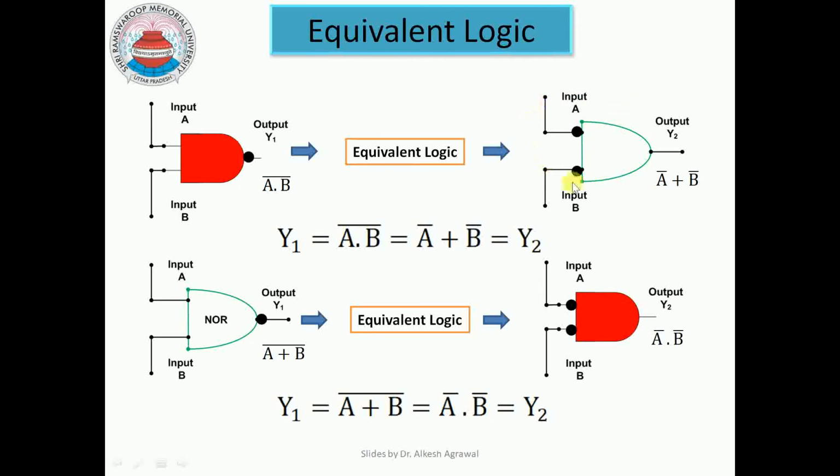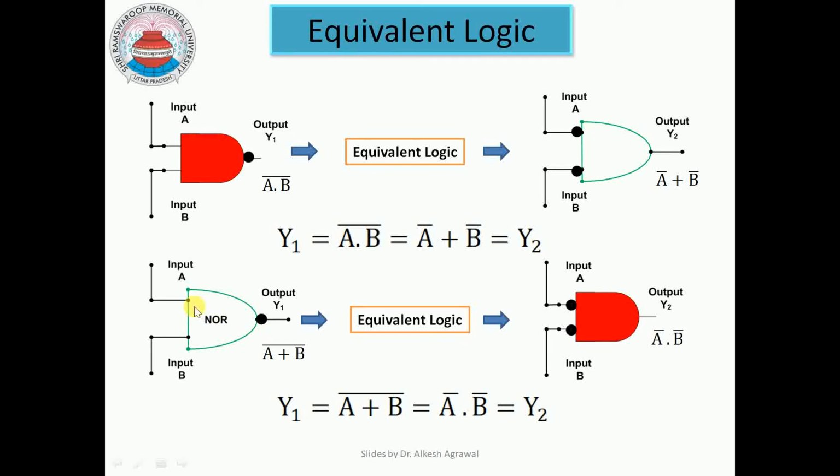And again, if we see this logic, we are giving input A which is being inverted before going into this gate. We have input B which is being inverted before going into this gate. So we have A inversion or B inversion. And through the NAND gate, we are also getting (A and B) inversion, that is A inversion or B inversion. So these two logics are equivalent.